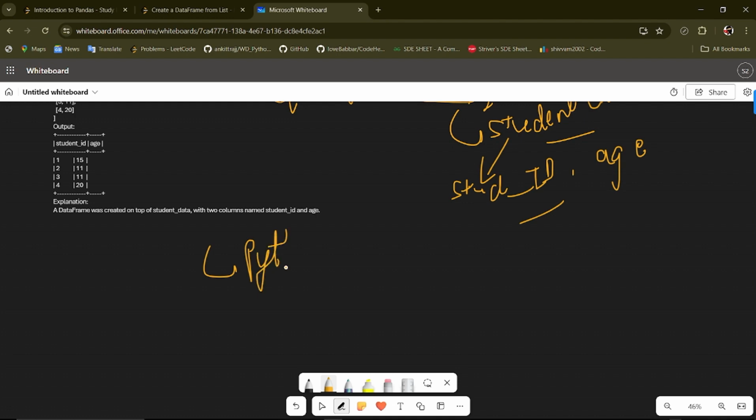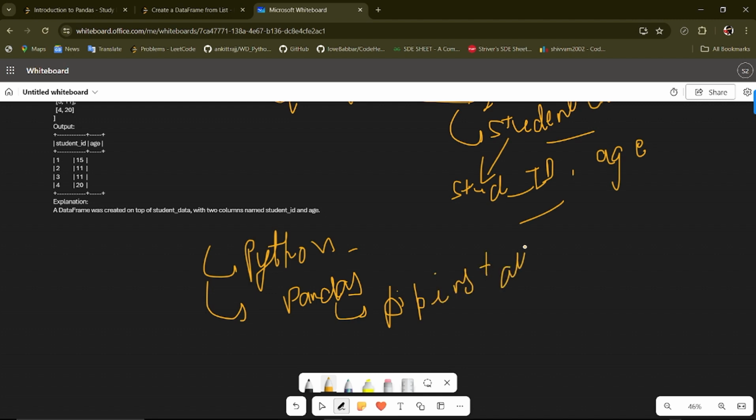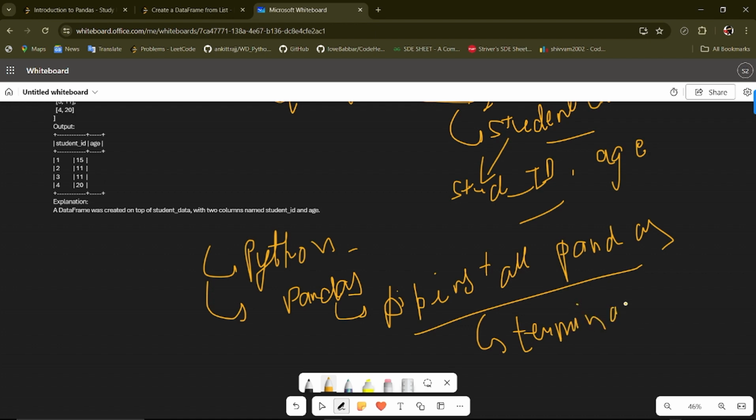First, make sure you have installed Python in your environment variables. And next, you have to install pandas. You can install it with pip install pandas in your terminal.